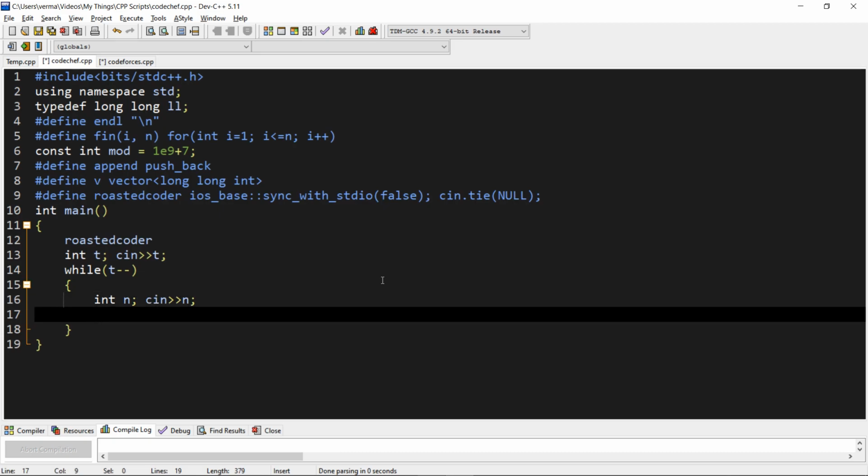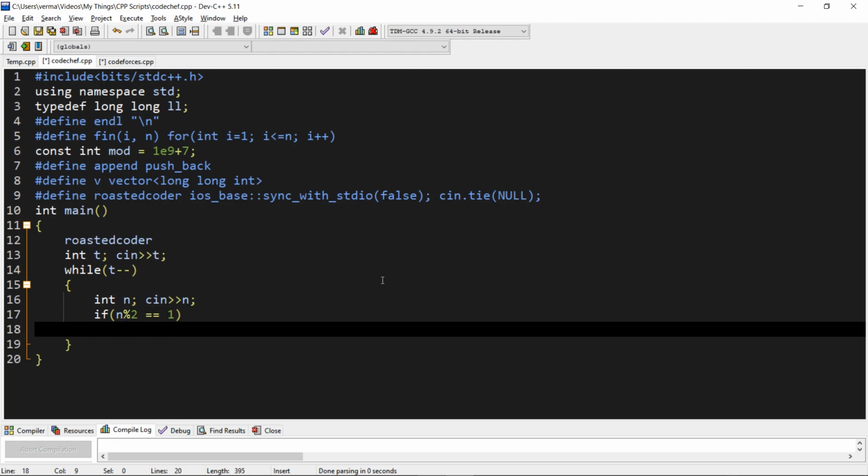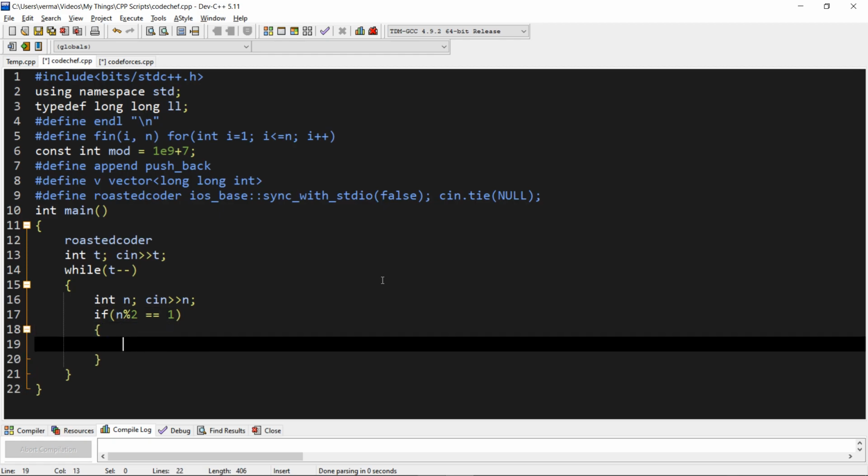Let's create an if else condition for odd n and even n. So if n is odd, then we have to print the default matrix, that is print our matrix. I have created this macro here, which goes from 1 to n.